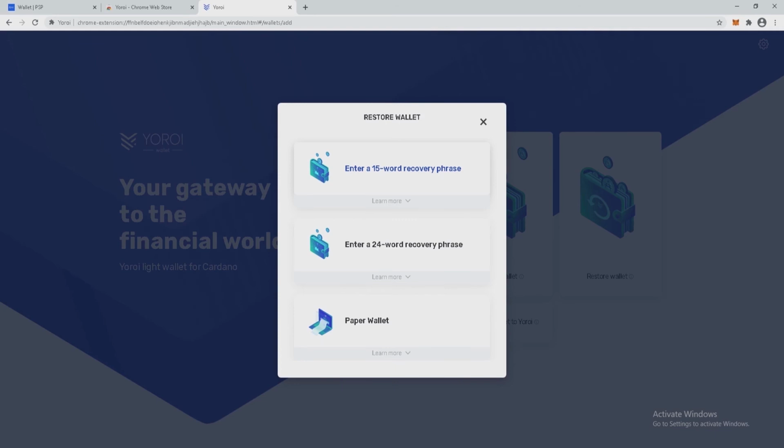So here is the option: 15 word recovery phrase, 24 word recovery phrase, or paper wallet.